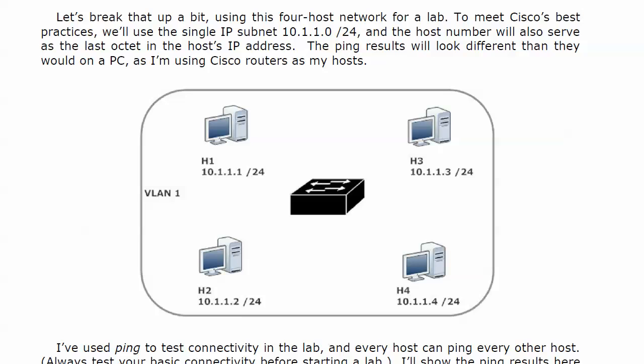Now, one thing I want to mention, and this is excellent prep, excellent knowledge for you when you're working on a lab. Always test your basic connectivity before you start a lab, because you don't want to end up troubleshooting something that you don't really need to troubleshoot. And what I mean by this is, when all 4 of these hosts are in one VLAN, I should not have any trouble sending pings around. And I will do that again off camera here. I'll do them from host 1 on screen, but you always want to test your connectivity before you start. So we will do that at the beginning of the very next video. We'll dive into this lab and start creating some VLANs a couple of different ways.